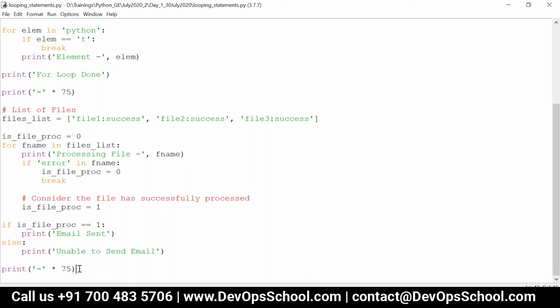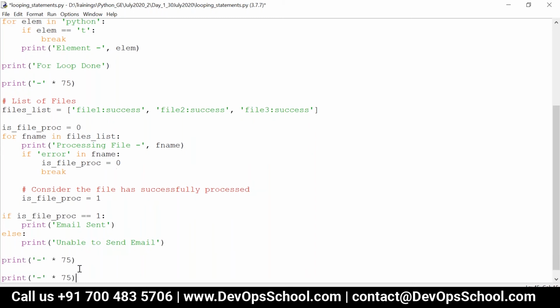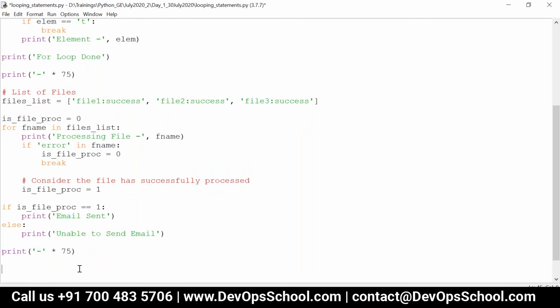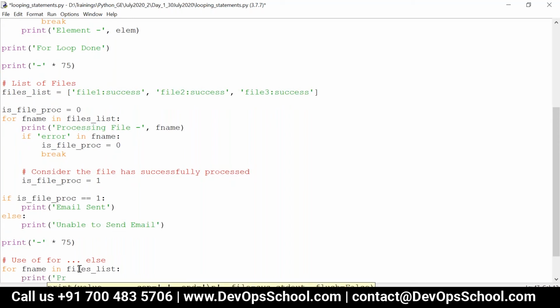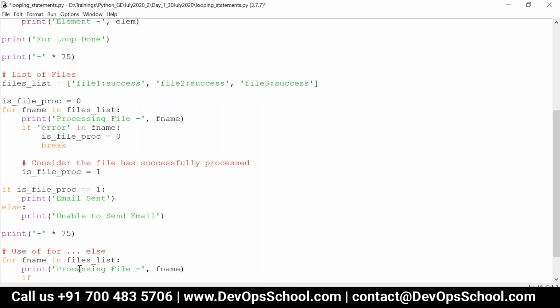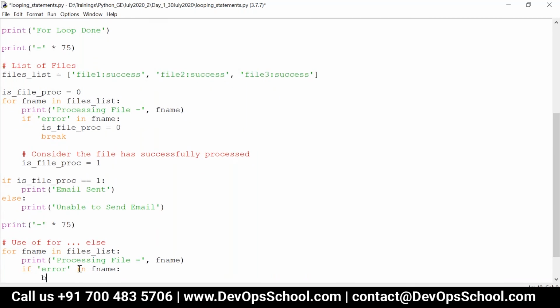But now I am going to use for else. That is, I can write the same thing like for f name in files list, then I can say processing file, f name. Now I can check if error in f name, then break it.